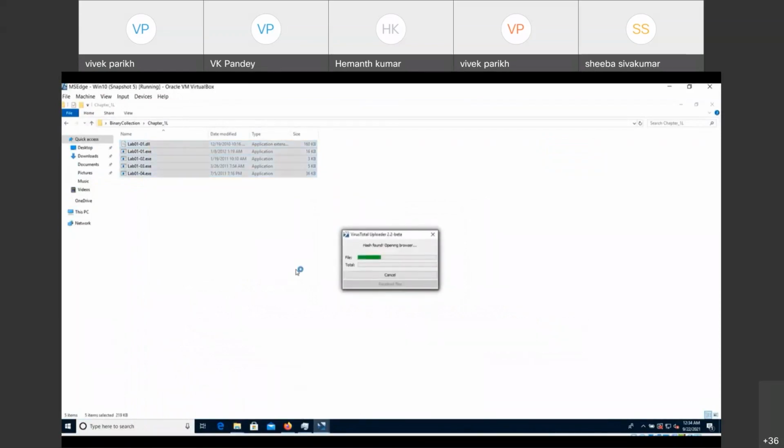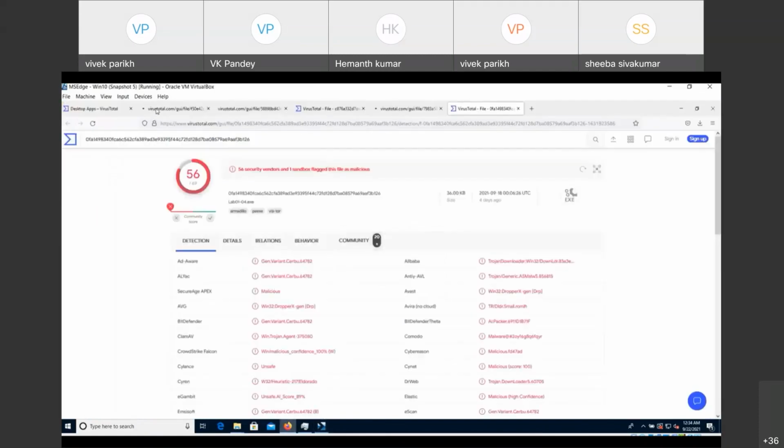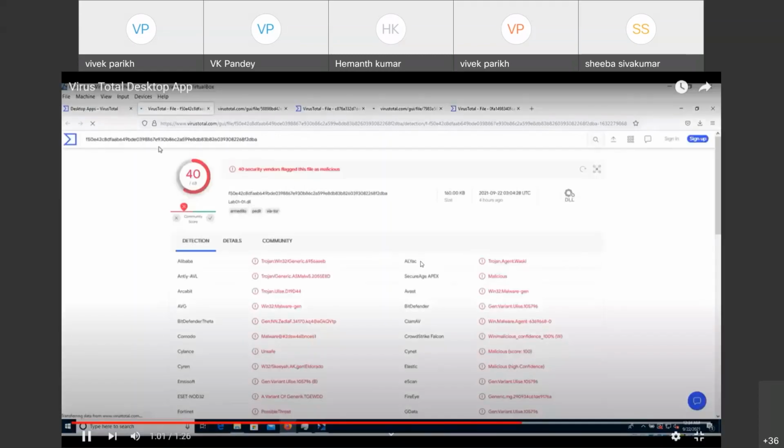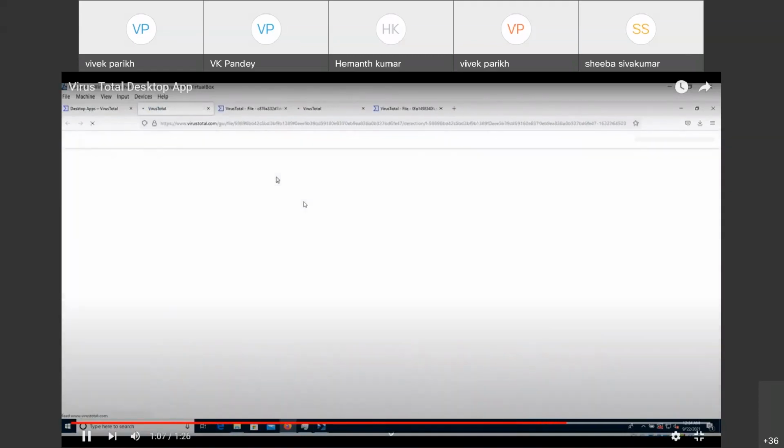What it does is open all the binaries which were detected by antiviruses. So it will open the browser and you'll be able to see all the analysis here. You can see that these 40 antiviruses detected this file.